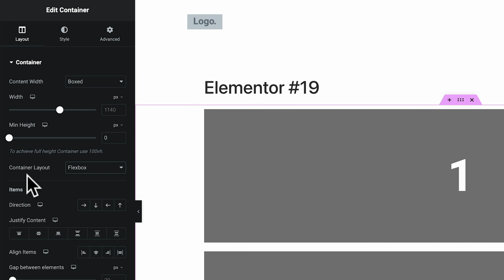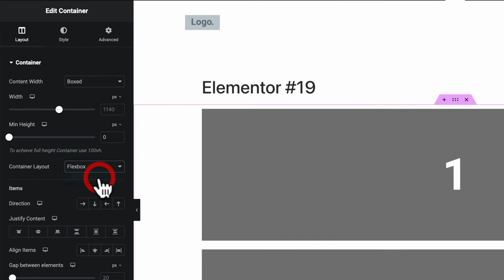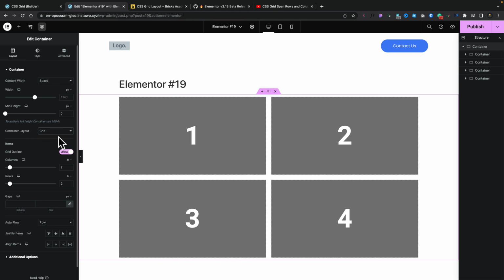If we come over to the left-hand side, you'll see we get a new option underneath the layout options for this, and it says container layout is set to Flexbox, and underneath are all the normal Flexbox options. However, this new option gives us the ability to change over to grids. If we select that, you can see this now puts us into a 2-row, 2-column grid layout, and everything is